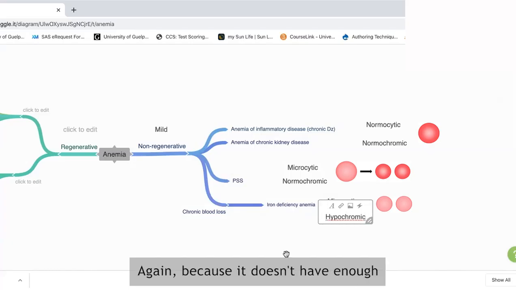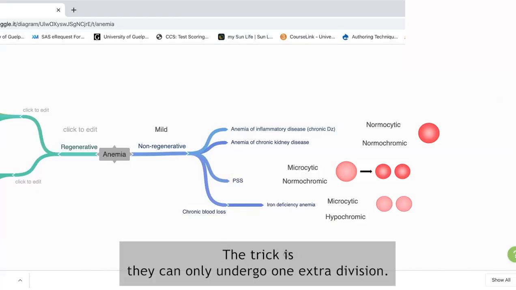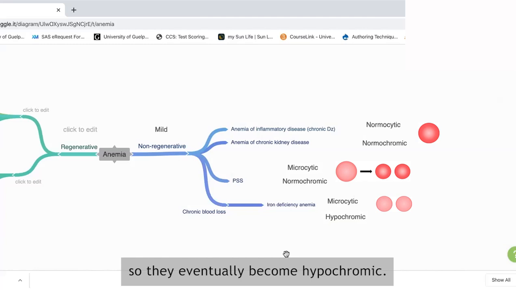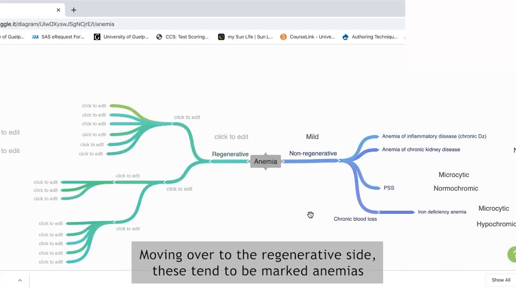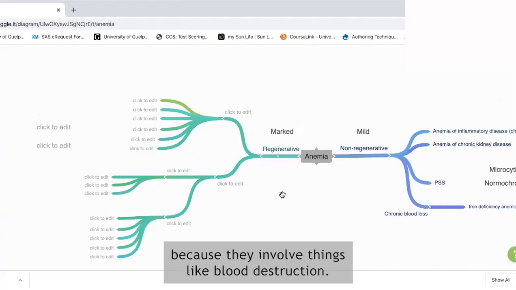Again, because it doesn't have enough hemoglobin, the red cell has undergone an extra division. The trick is they can only undergo one extra division. So by the time they become microcytic, and then eventually they run out of iron, so they eventually become hypochromic. Moving over to the regenerative side, these tend to be marked anemias because they involve things like blood destruction